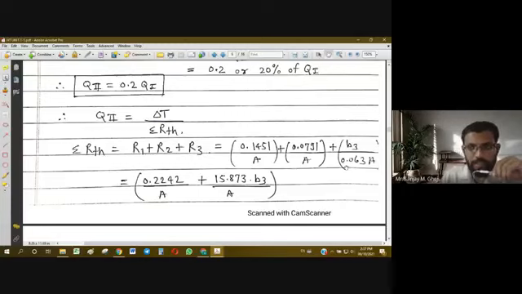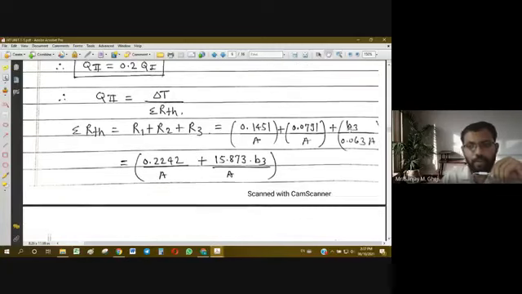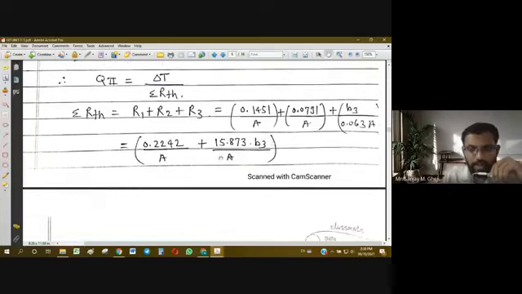B3 divided by K3 is 0.063. So that value is put in, into area. Area is again unknown, so the same area will appear for this also. So this term is maintained as it is because B3 is unknown and A is also unknown. These things can be added together. R1 and R2 can be easily added. So we have the first term as 0.2242 upon A plus this additional resistance, that is R3.